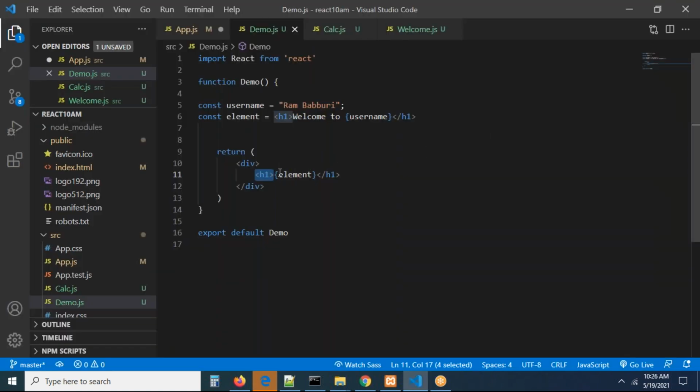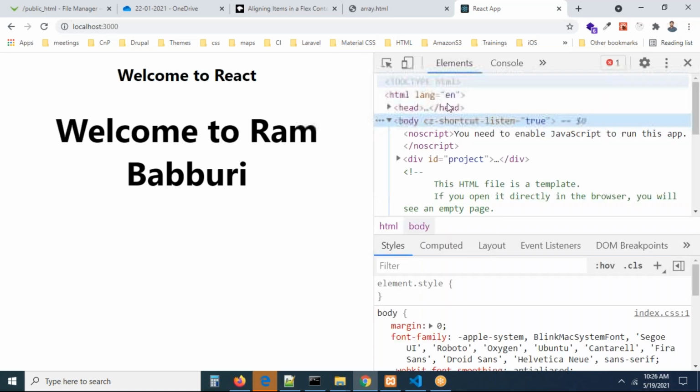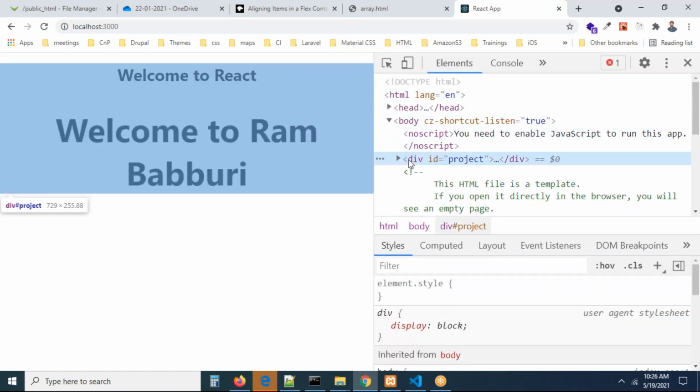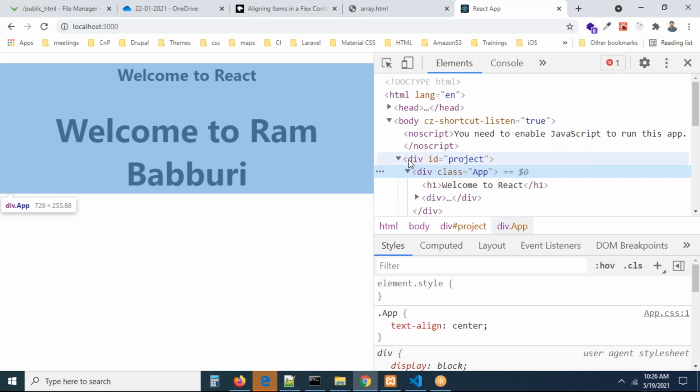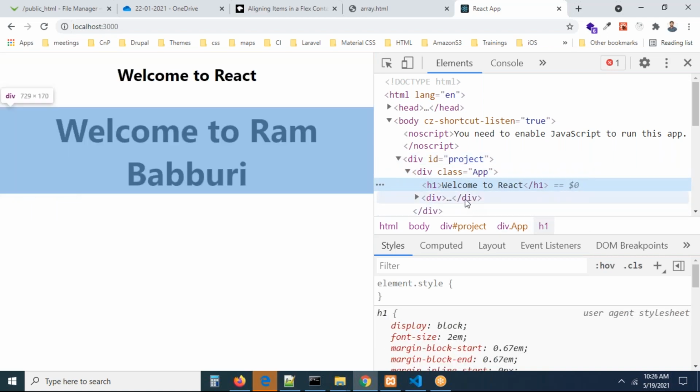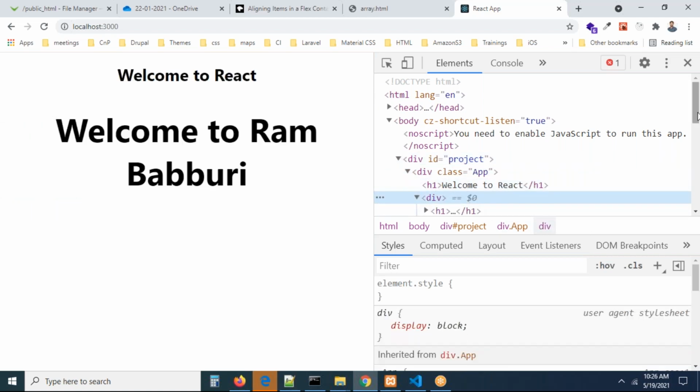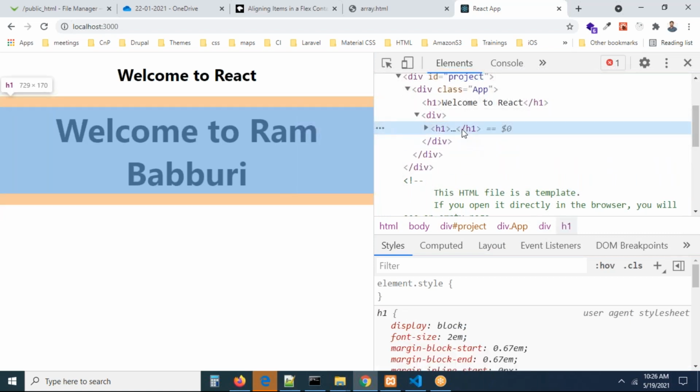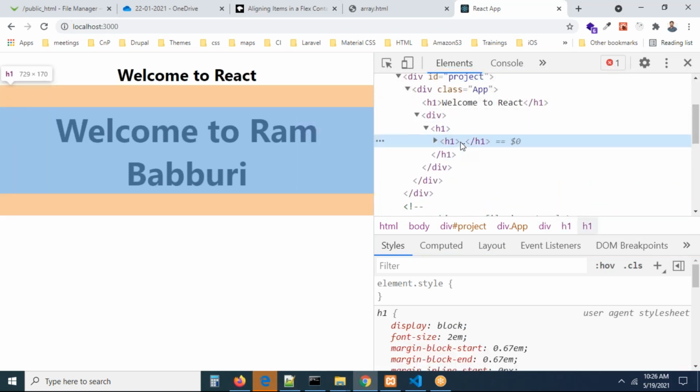Yes or not, right? What does this element contain? This element contains an H1. This element contains an H1 element again. H1 of H1 is going to be generated. Can you see the output that is going to be in the DOM? What is it saying exactly? So where is your project? You have the app. Now you can see this is H1. In the div, there is an H1. Can you see there is an H1 inside again? You are having H1. Don't keep it like this.